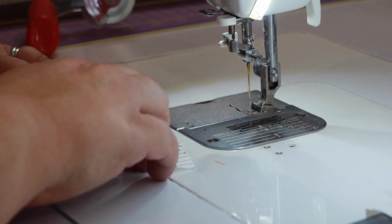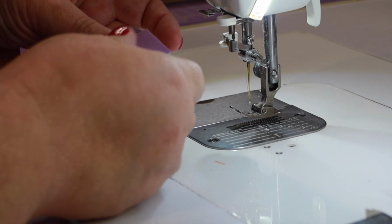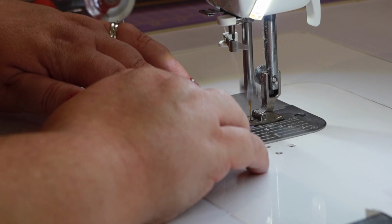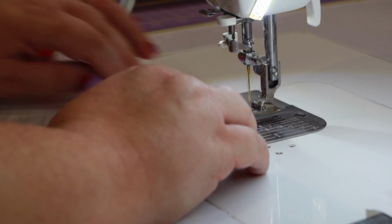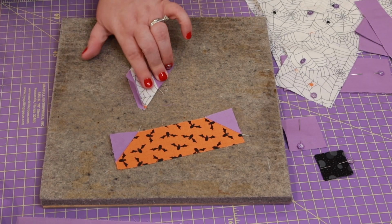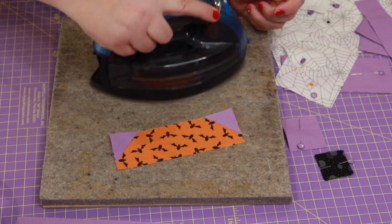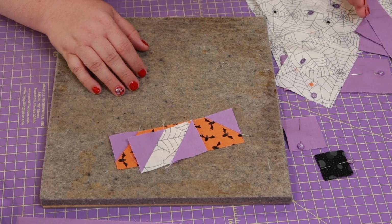I'm going to fold this out of the way with my finger so that I can stitch on the next piece, and just make sure that I'm going parallel to that seam. Once that's stitched on, we'll push everything over with our fingers and then grab some heat to get it to lay nice and flat. We need one of those units, and in the next step, we're going to make another one of those units,